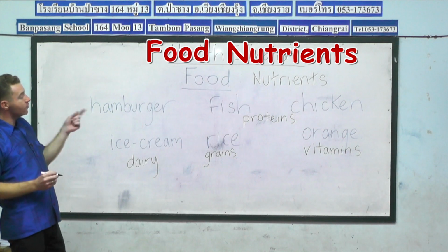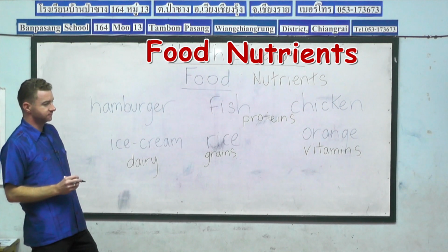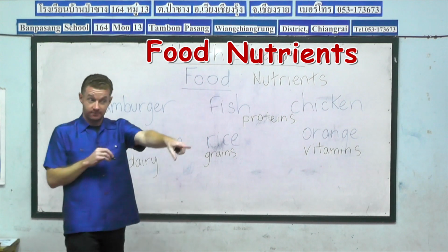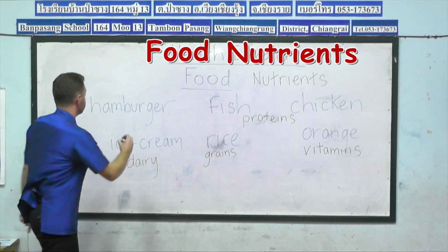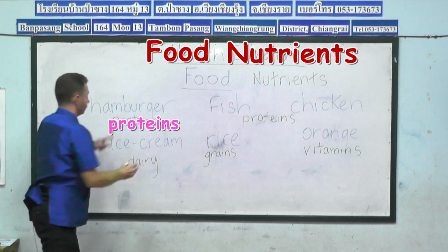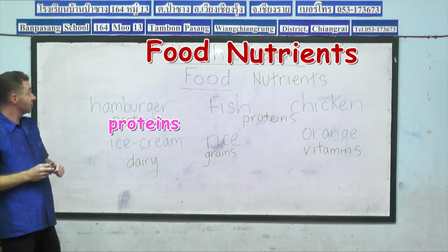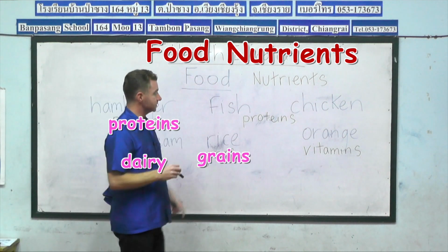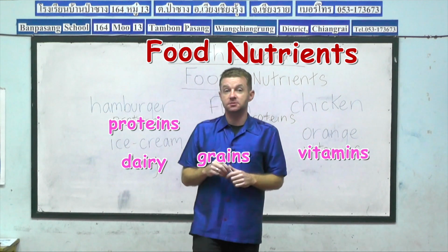How about hamburger? Think about a hamburger. What nutrient? It's on the boards already. It's not vitamins, not grains, although maybe grains in the bun. When we eat the bun we have grains, but the meat in the hamburger will give us proteins. So you can see how each of the different types of food will give us different nutrients. We've got proteins, dairy, grains, vitamins, and there are also other types of nutrients that we're going to learn about